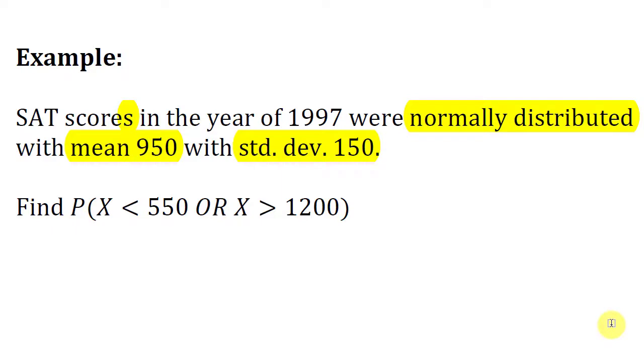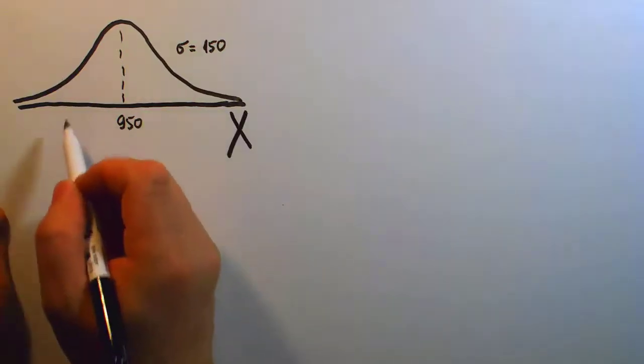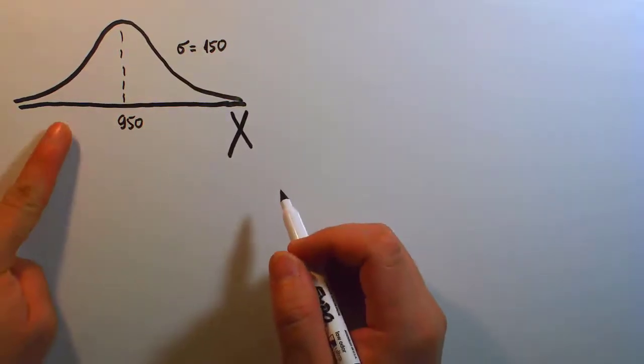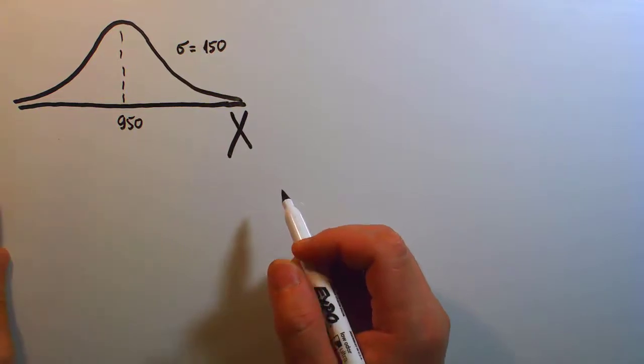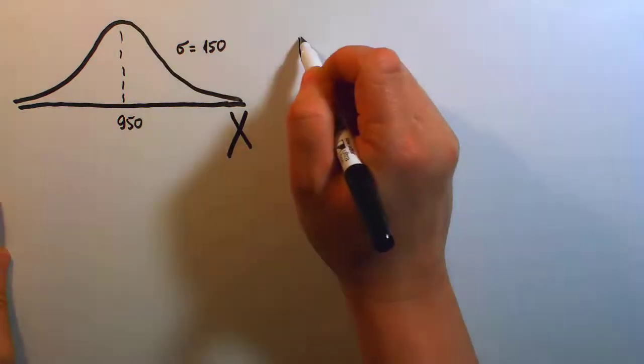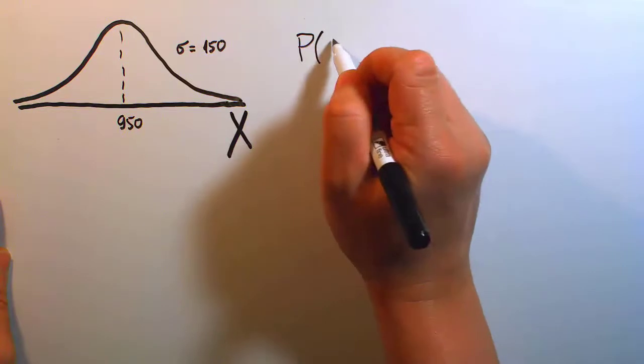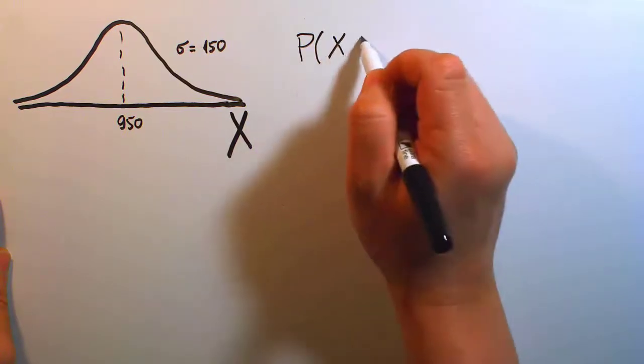The same data with description as given here. Now we are asked to find the probability where x is less than 550 or x is above 1200. And so now I am going to sketch the shading area that described our problem. And once again, our problem here is looking for the probability where x is less than